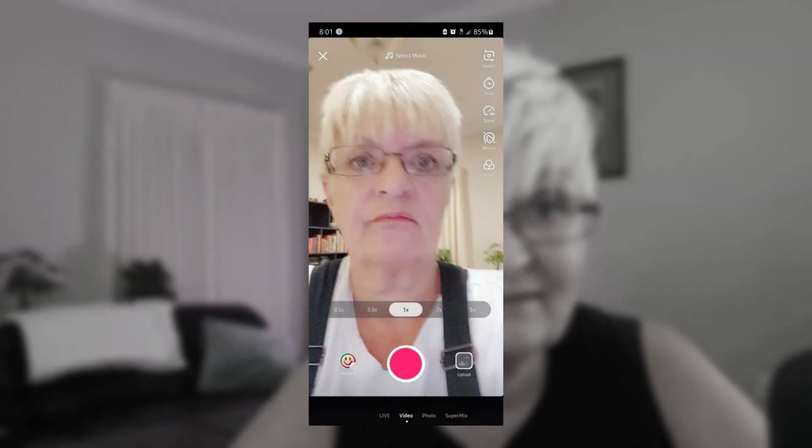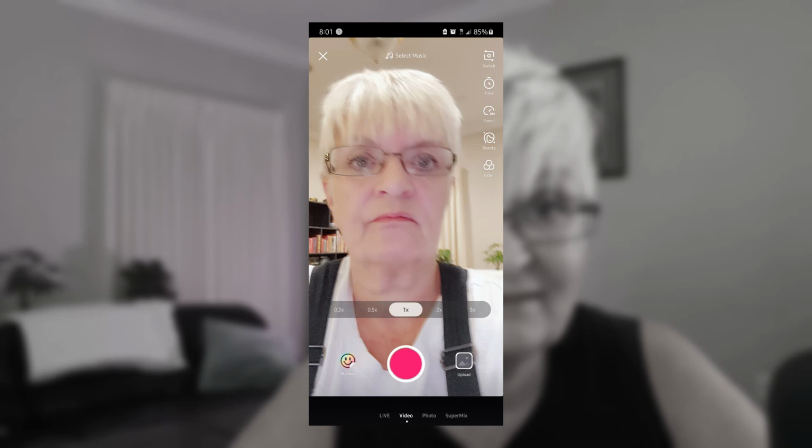If we go back to the home screen and we click the little camera, the create, at the top we have select music. We can switch between the front and back camera, set our time between 15, 30 or 60 seconds, and set our countdown in the same spot. We can activate the beauty filter or many other filters underneath that. Under that you can see the speed, and you can add stickers and upload things to your video.